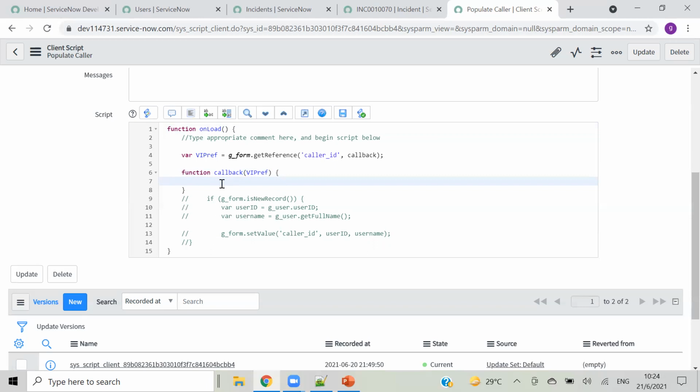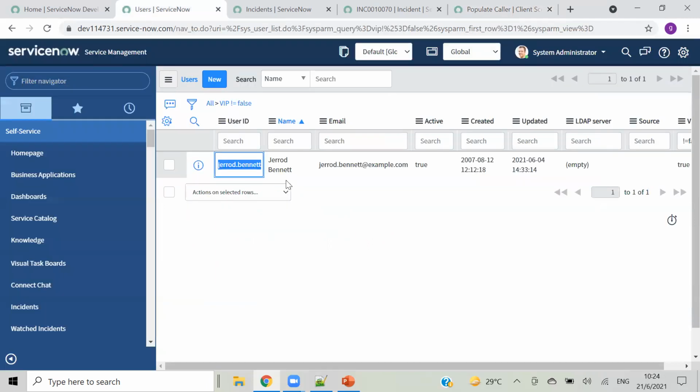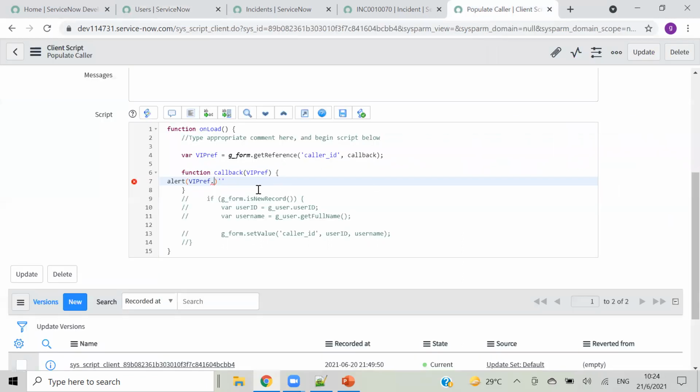First, I will give that in an alert only. VIP ref dot, I have to go to user. I will try to give this email because this is the easy one for now. VIPUser.email. So his email ID should get populated.